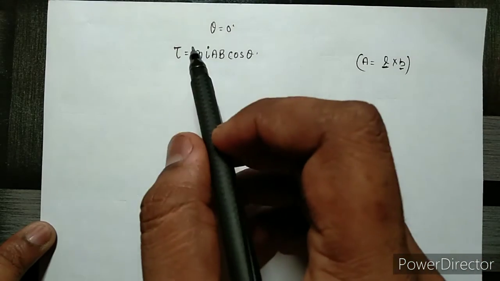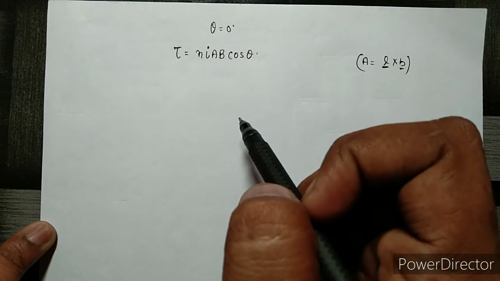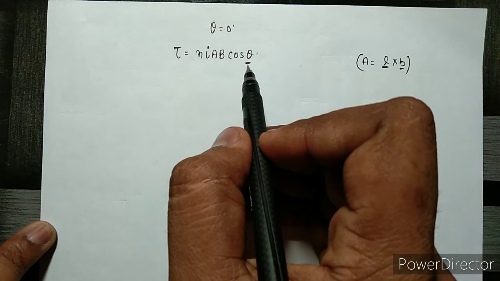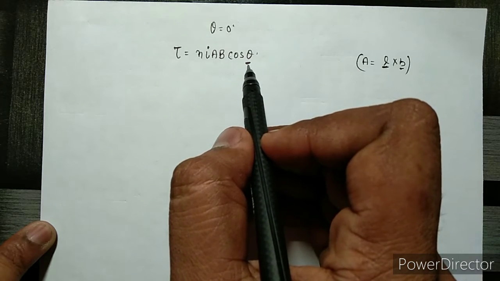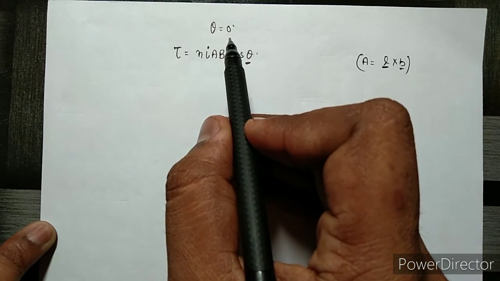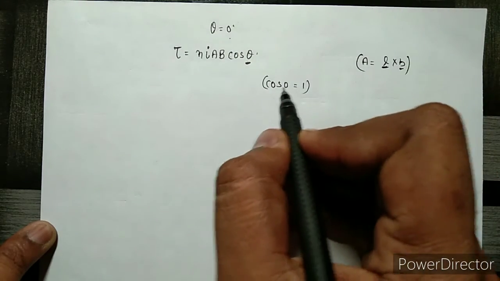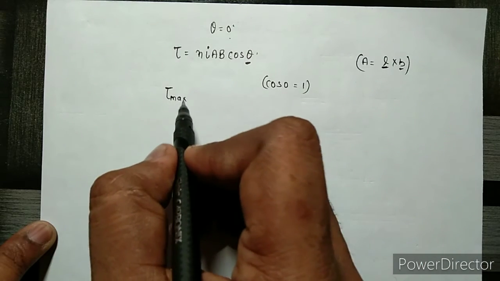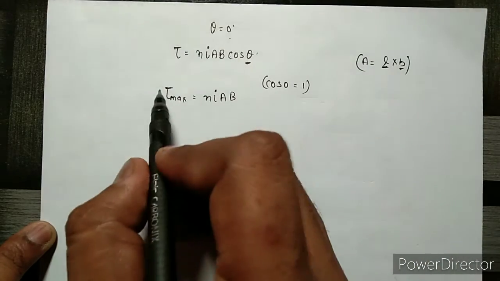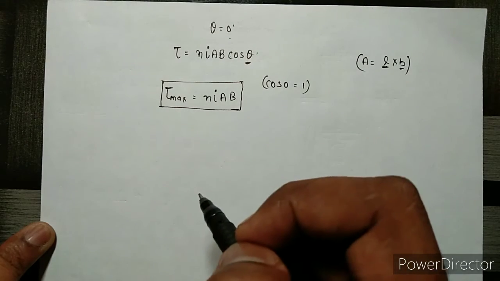So we use this directly because it was already discussed in the previous video. Theta is the angle between the plane of the rectangular coil and the direction of magnetic field. Because theta is 0 in every situation because of radial magnetic field, cos 0 is always 1, and this makes the torque maximum, which is NIAB. So this is the torque due to the external magnetic field.